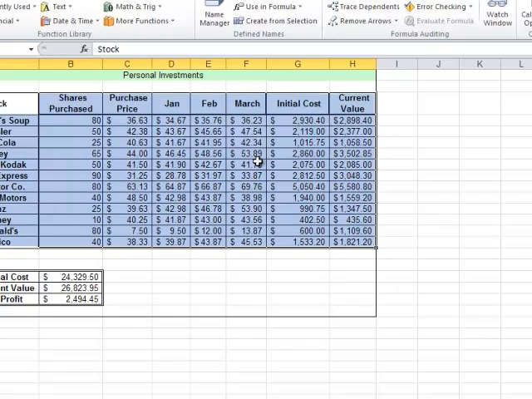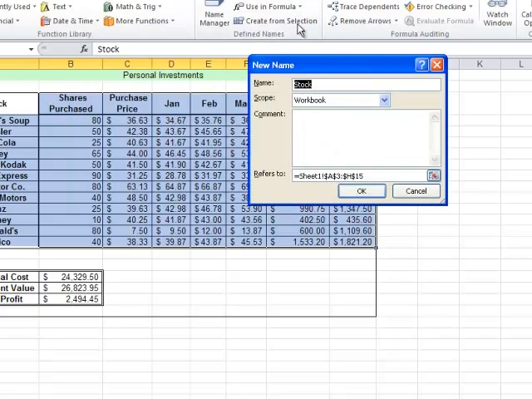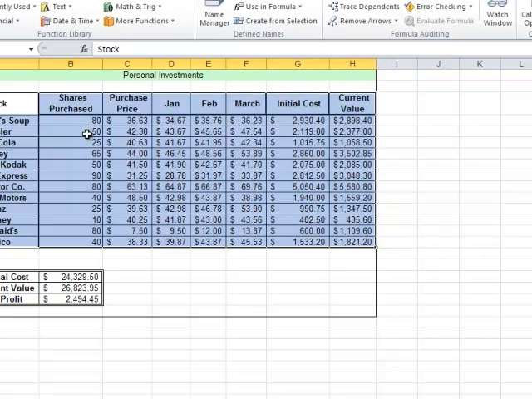I have two choices in which to define a name for this portion of my spreadsheet. I'm not using any of the headings here because I want to call this range data area. I can return to the Formulas tab, Define Names group, and click on Define Name if I like, and then I can type in data area here, and you can see how it's referring to an absolute value, Sheet1 A3 to H15, or I like going over to the name box